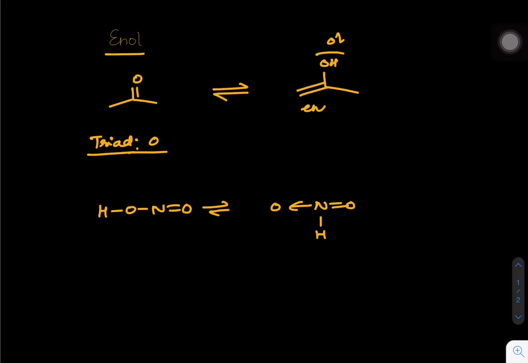Similarly, we can talk about many other examples, like let's say somebody gives us CH3NO2, which is CH2 double bond N plus O minus OH. That's a separate issue altogether, because currently our aim is not to discuss different triads, as this is covered in a different video. Our main aim is to discuss only enol content in this video. So let's take the example of CH3C double bond O, CH2C double bond O, CH3, and in the same place we take CH3C double bond O, CH2, C double bond O, OCH3.